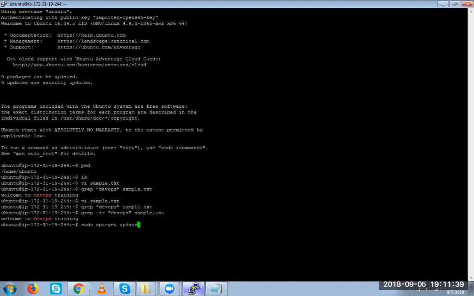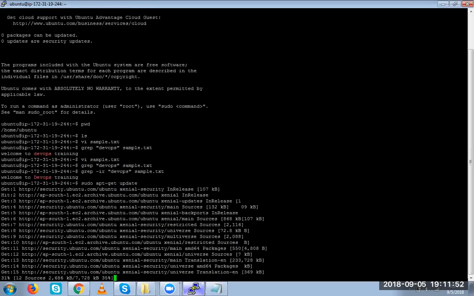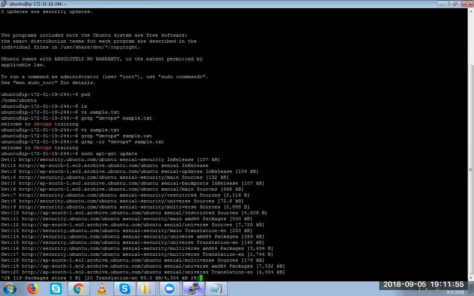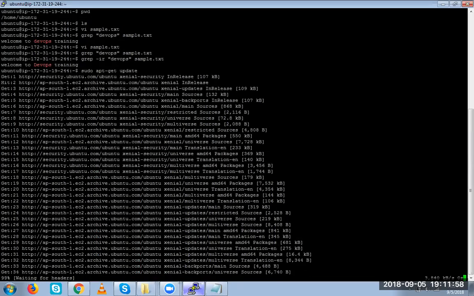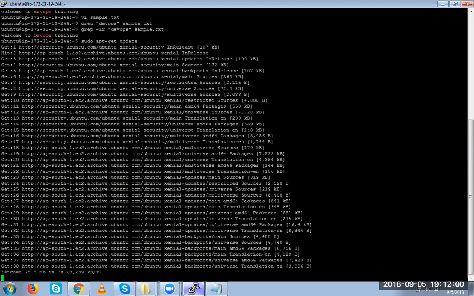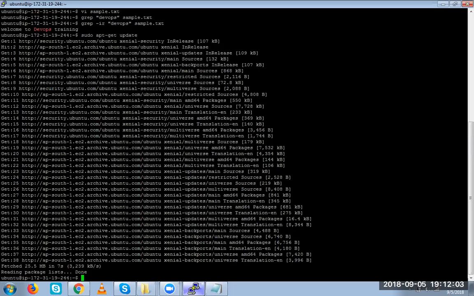Sudo apt-get update is for updating the workspace. Sudo apt-get update in Ubuntu. If it is yum, it is sudo yum update. So to update the workspace. Before installing any software, just run this update command, and when you want to install any software, sudo apt-get install